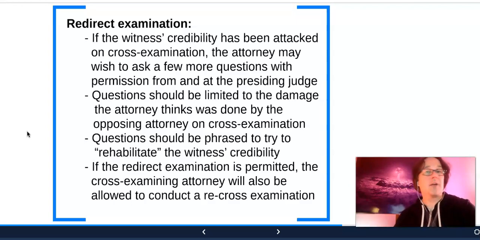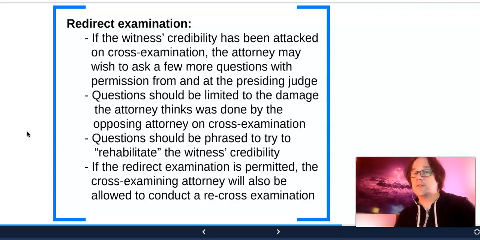So be careful what you ask for, because if you want the opportunity to restore some of your witness's credibility on cross-exam, and you ask for a redirect in order to do that,